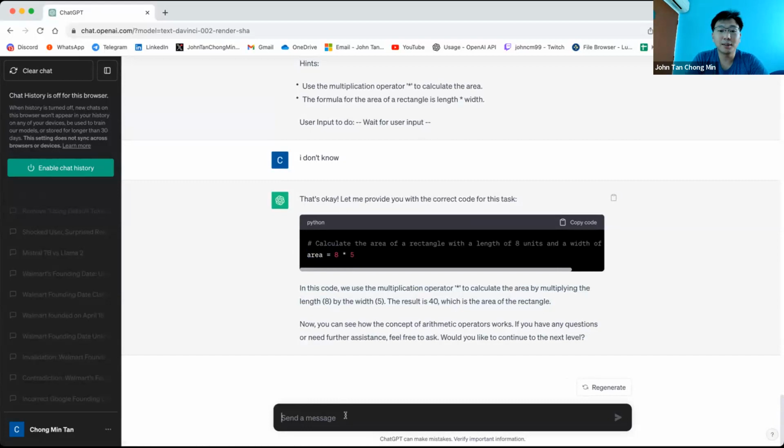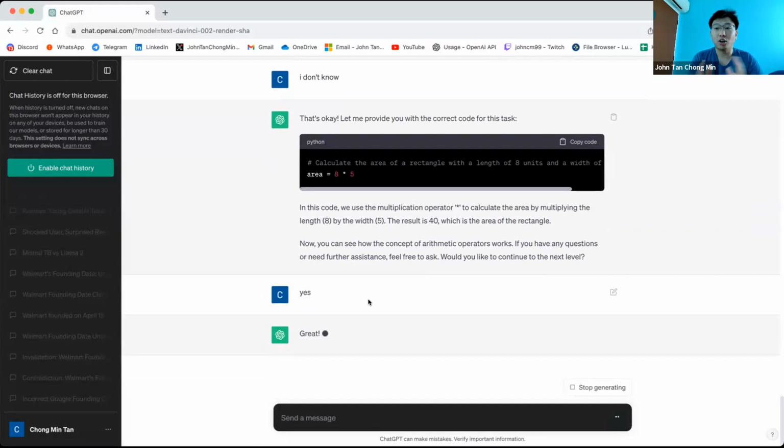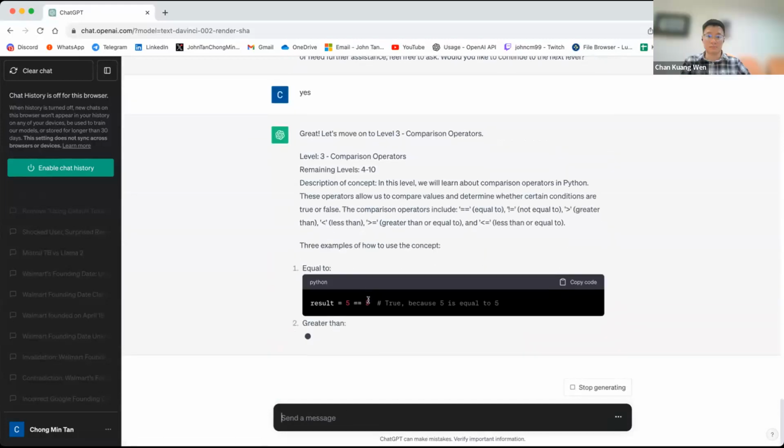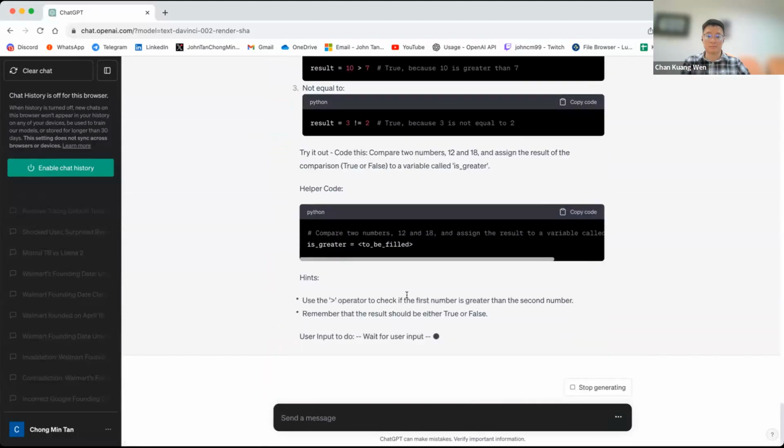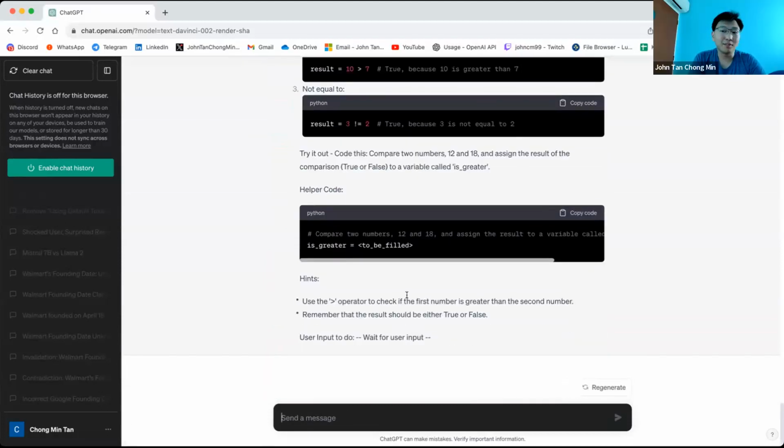I do feel that sometimes iterating to and fro with a person would help you remember better. If I were to just look at the text like that, maybe that's not a very good learning style. But at least it showed me that GPT is able to do something like this, an automated learner. I'm not going to show the rest of the levels, but this is an example of how we can do an automatic curriculum teacher, and I'm sure it has applications in a lot of places like electronic tutors and so on. So I'm going to stop my share now.